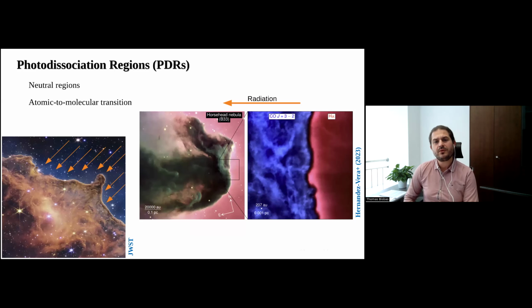But here we have a more modern, higher resolution image showing how this transition between the ionized, the atomic and the molecular phase actually occurs. And this is a recent paper by Hernandez Vera et al. in 2023. They did very high resolution observations with ALMA in the Horsehead Nebula in Barnard 33, and they focused on this particular region. What they found is that we have here the H alpha emission, which comes from the right-hand side as we see the image,